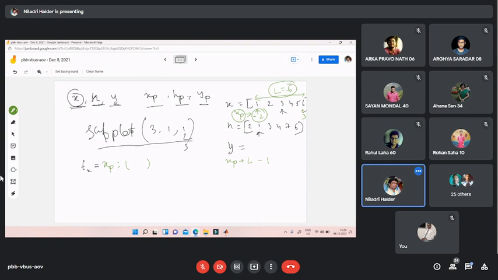Are you getting 3? XP is minus 2. Yes, sir. L is plus 6 minus 1. So 3. That means the variation of t for x input will start at XP, meaning it will start at -2 and go up to XP plus L minus 1, up to that length. Clear or not?